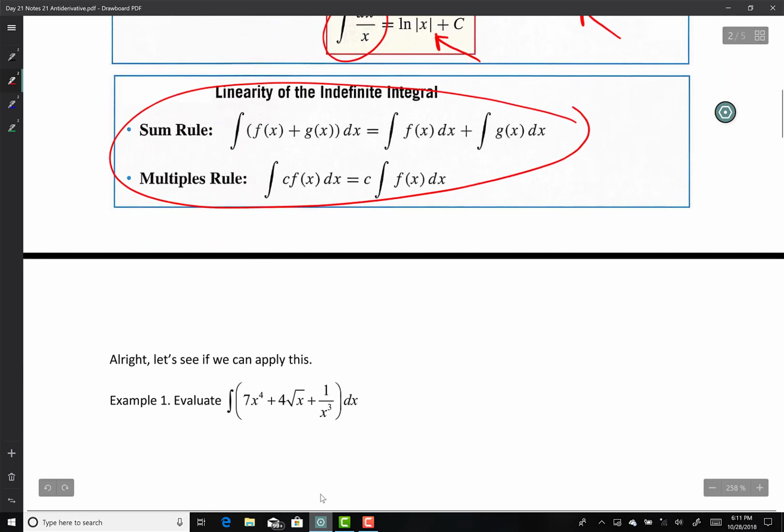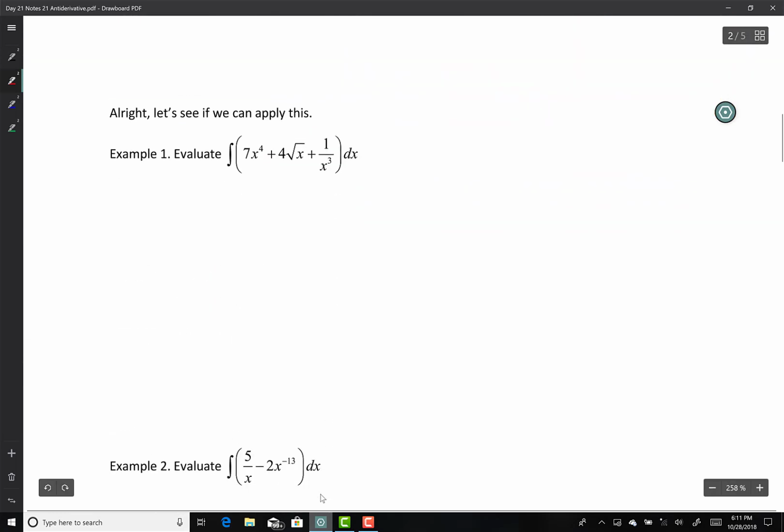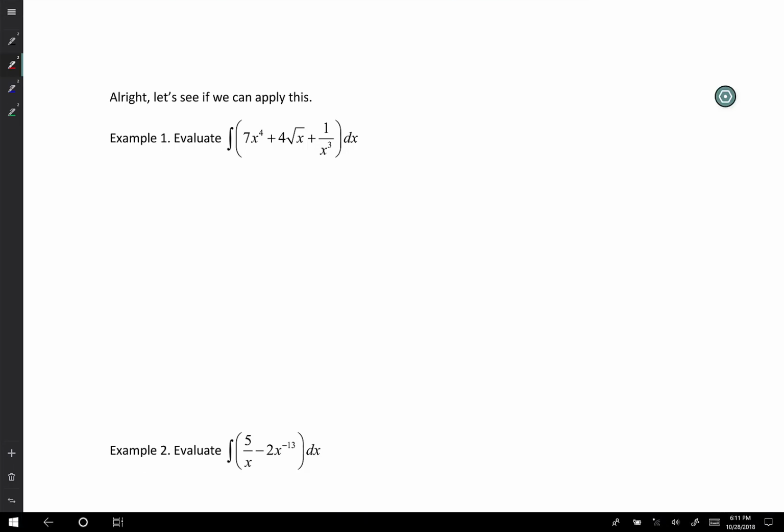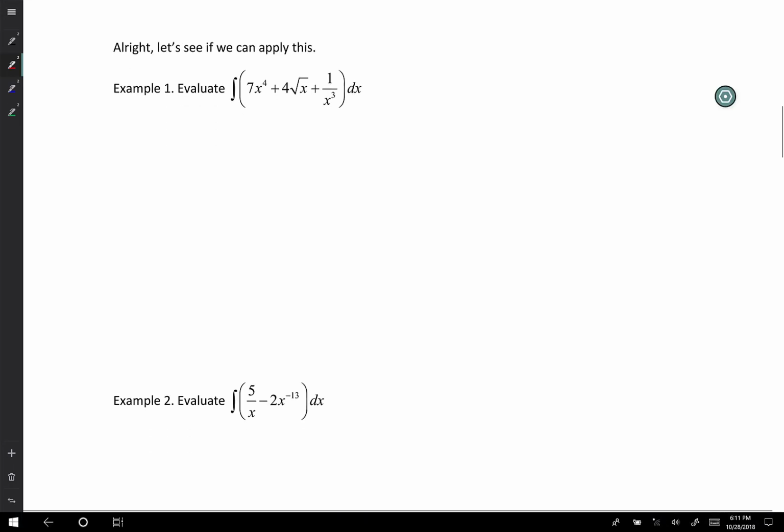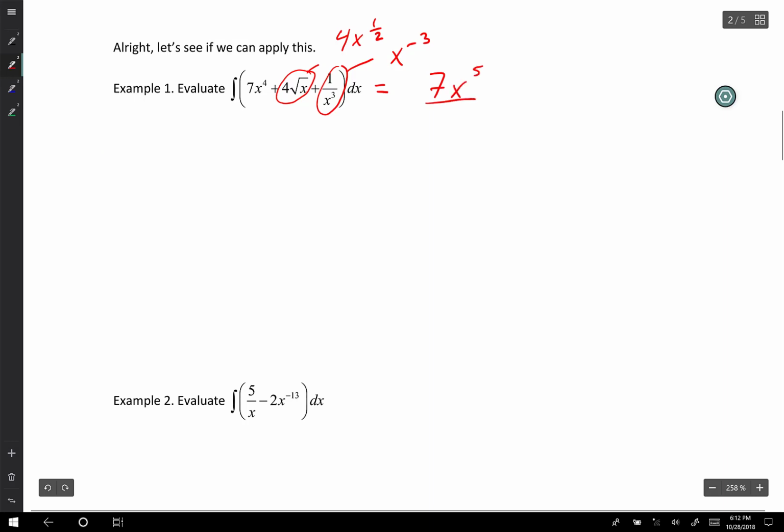So let's jump right into the action and go to the second page and see what's up. Okay, here we go. Example 1. Antiderivative of all this stuff. All right, before I do anything, that is x to the half. And I would probably rewrite this as x to the negative 3. So the antiderivative is, I put an equal sign here because I'm writing what the antiderivative of that is. Maybe I'll write it here on the right hand side. So 7x to the 5th divided by 5, plus, I'm going to add 1 to that half there,